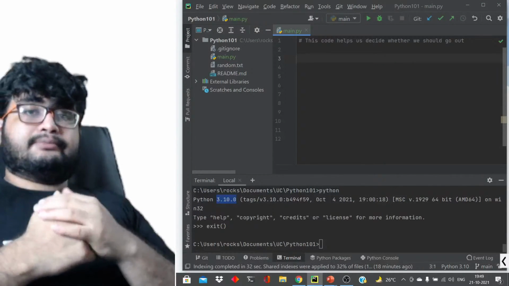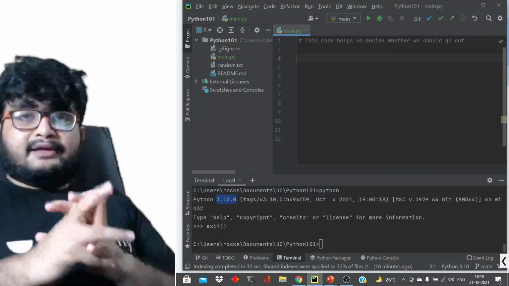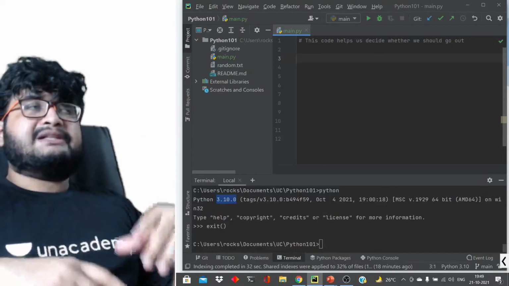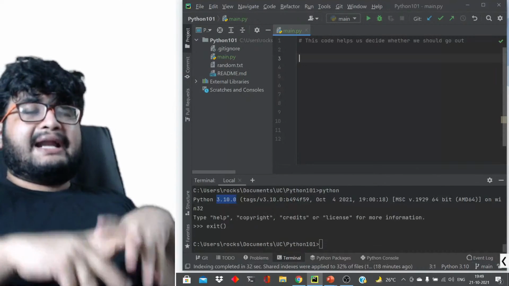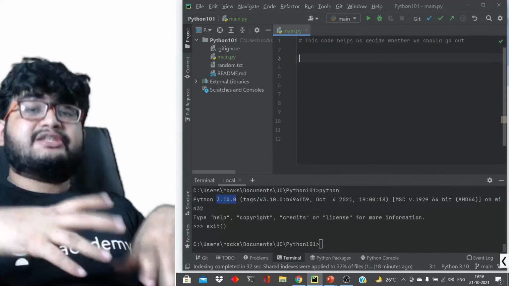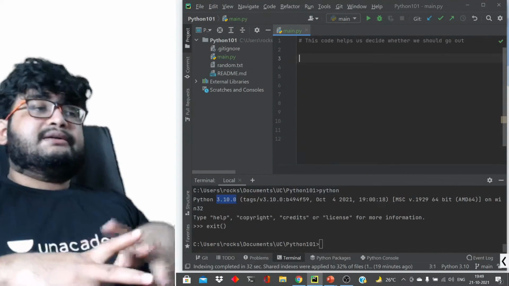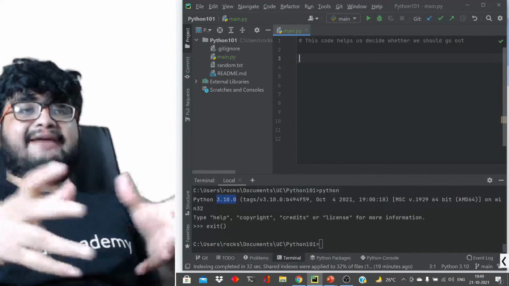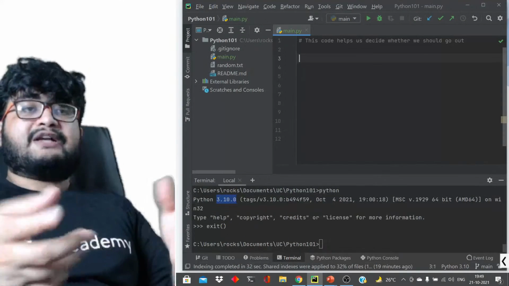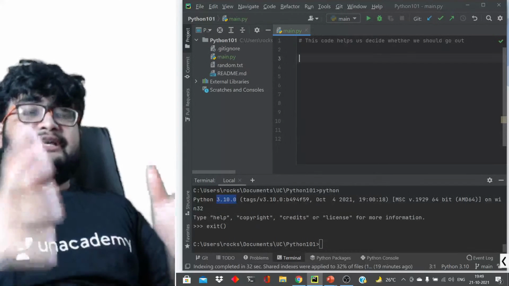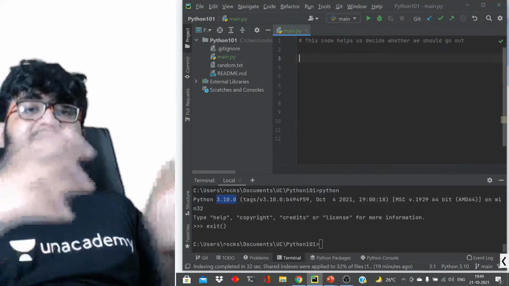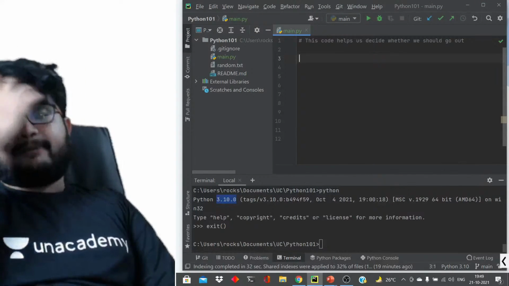Okay, so let's consider the downloading example. You create a download function, right? Unless you call that download function, unless you use it, it will not do anything. It does not have any meaning. Once you call that download function, it will start downloading files. It will do whatever it is supposed to do. It is supposed to download files, so it will download the files. So that's the purpose of functions.